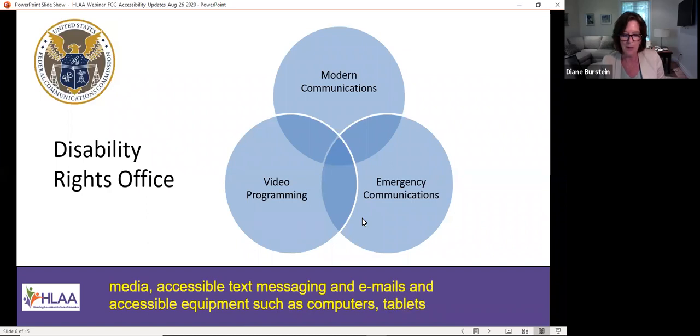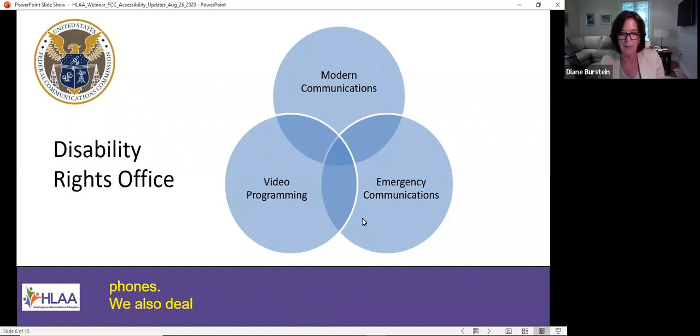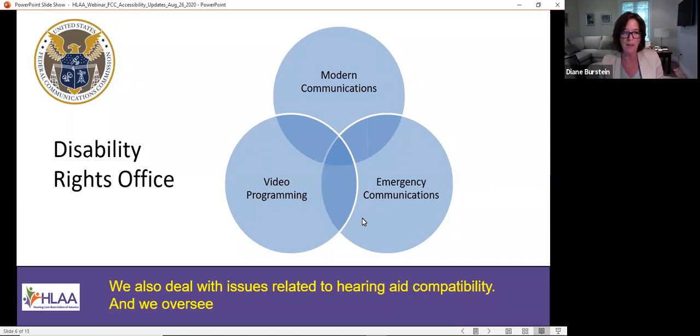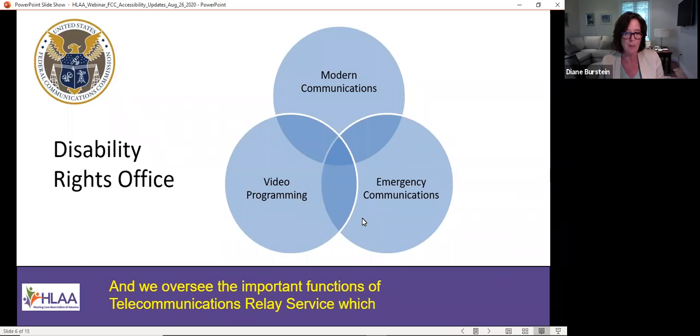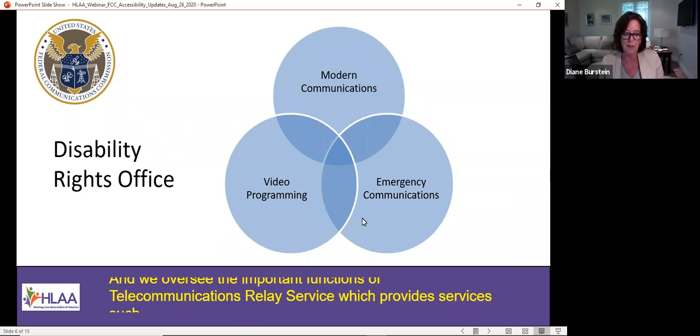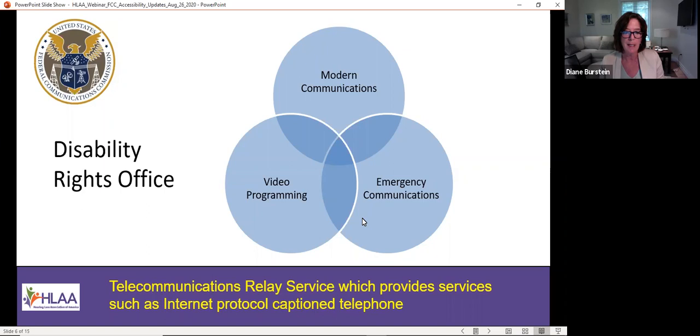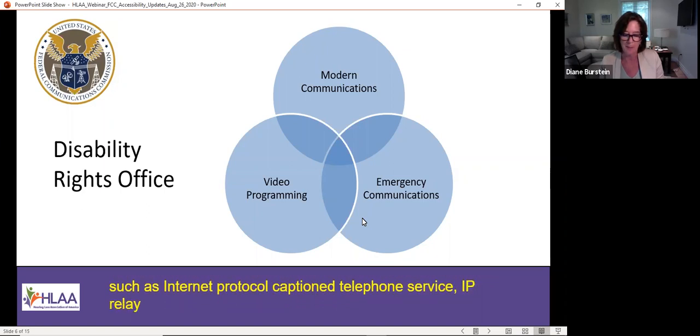We also deal with issues related to hearing aid compatibility. And we oversee the important functions of the telecommunications relay service, which provides services such as internet protocol caption telephone service, IP relay, and video relay services.